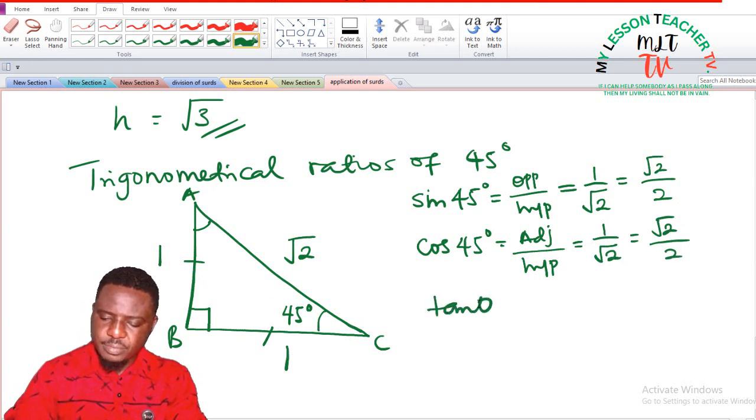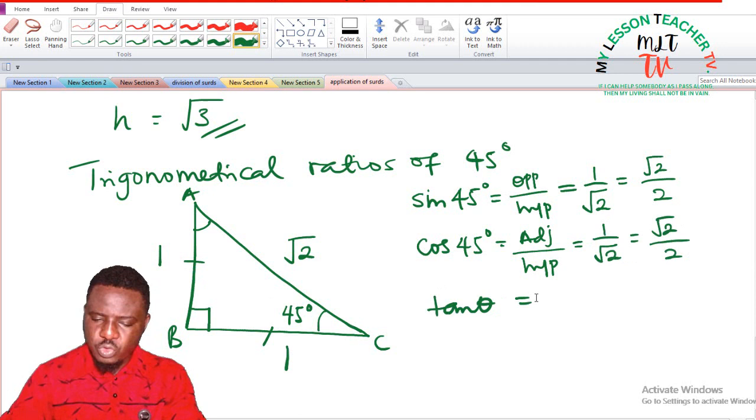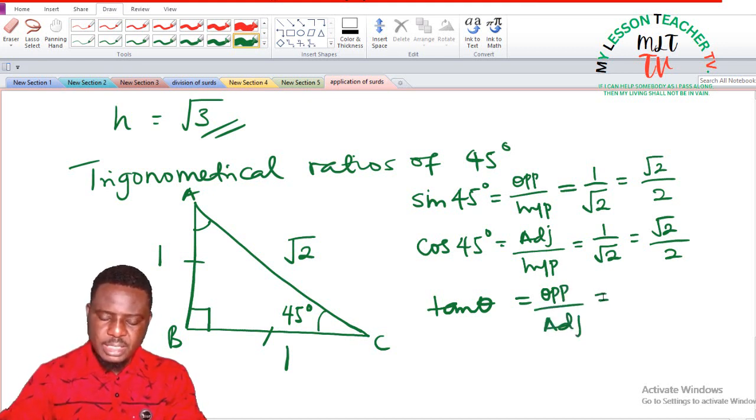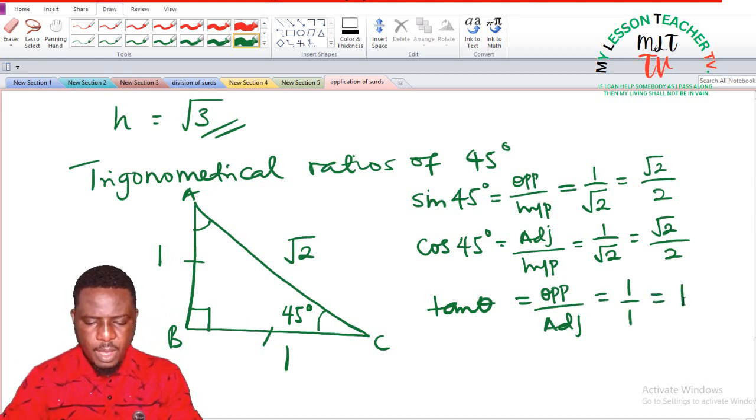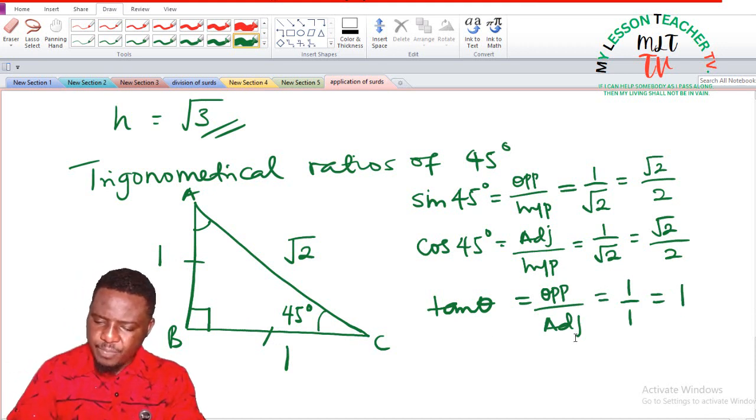While tan theta is equal to the ratio of the opposite side to the adjacent side, and this is opposite and this is adjacent, it is 1 over 1, and 1 over 1 is 1. Also, I would like you to note that tan theta, which is the ratio of the